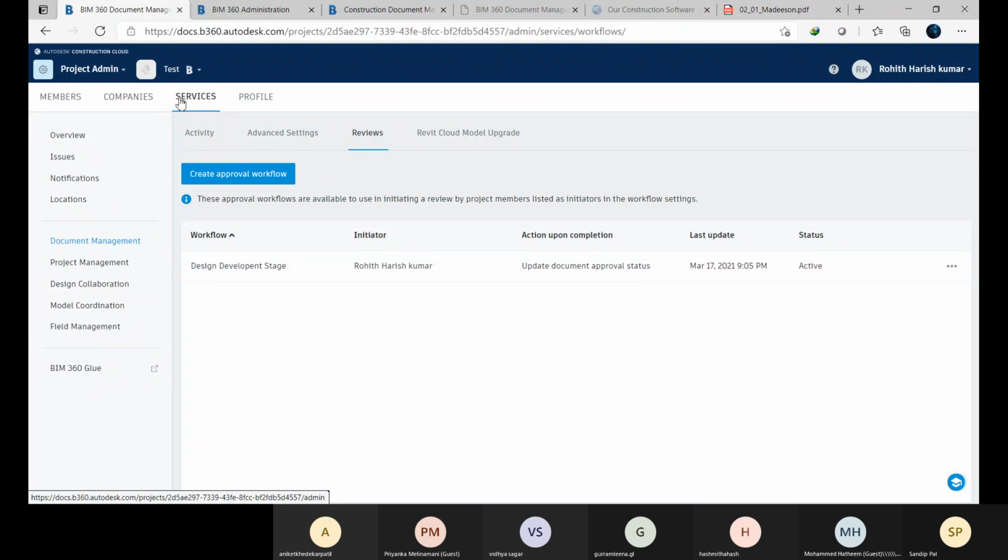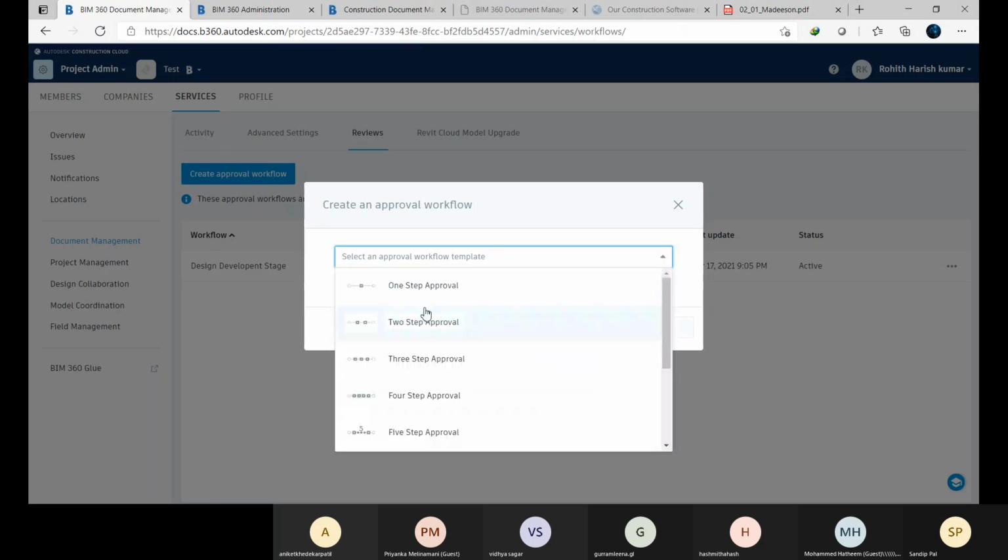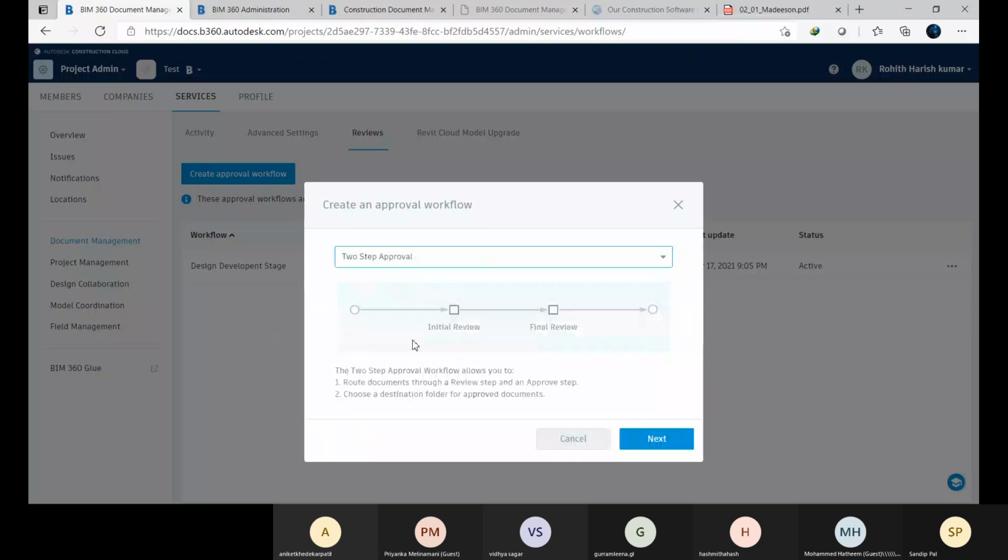For this review, within this services review, you have this create approval workflow. So you have to create one approval workflow. So it is like a 1-step approval or 2-step approval or 3-step approval. So like that, you will be selecting this template. Okay, so let me go with this 2-step approval. So first it will be initial review and then the final review. And if you go for 3-step approval, so there will be 2 initial reviews and then the final review. And let's go for next